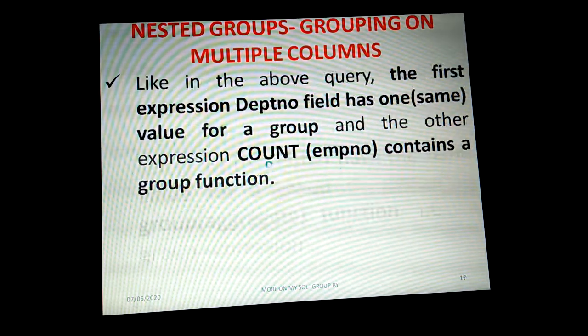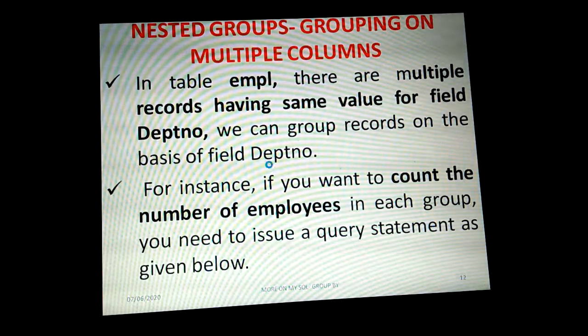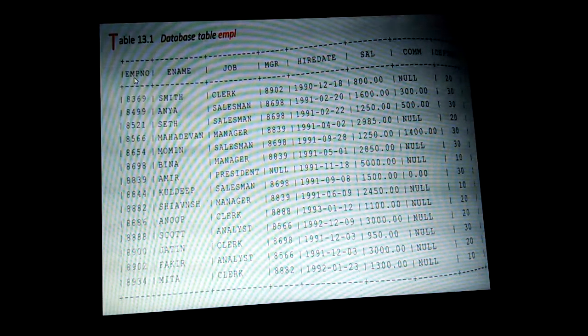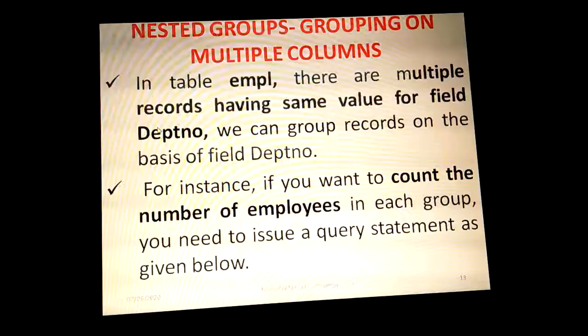For example, in the previous employee table, we have employee number as one field, and then we can take MGR, and salary also. These three fields will have different values in every row. We won't get similar values, only in a few places we may get similar values, but if you take employee number, surely we will get different values for each row. So this kind of field is known as a non-grouping field.